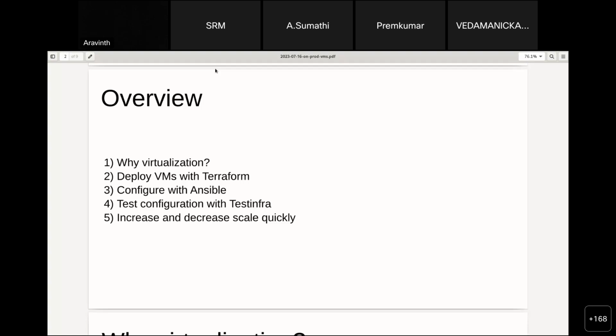And now, in production, we're not talking about one or two machines. A single person might be in charge of dozens, 50s, and even hundreds of virtual machines. So it is not possible for one person to log into every single machine and verify the configuration. So we, again, automate the testing process, and we do that with a tool called Testinfra.